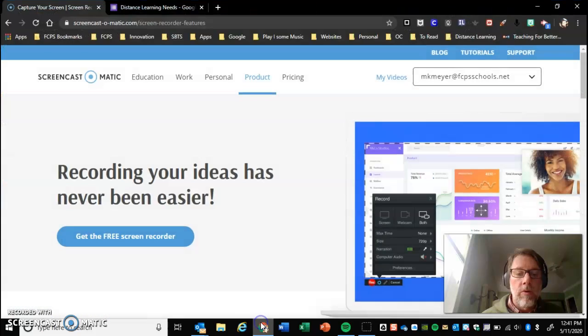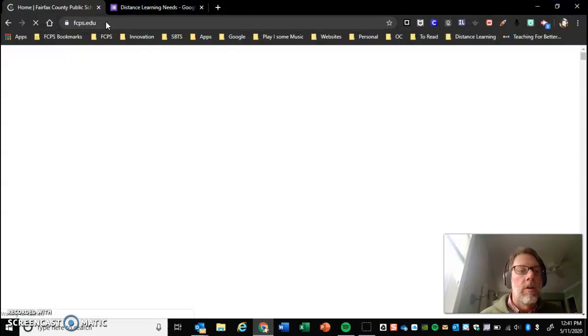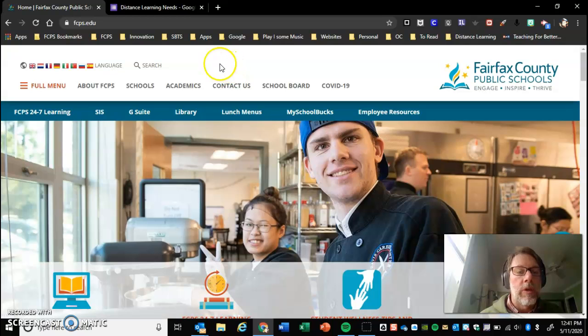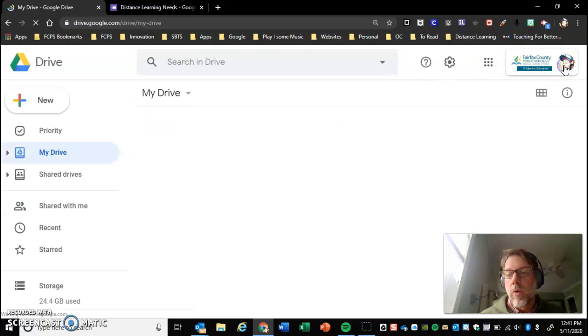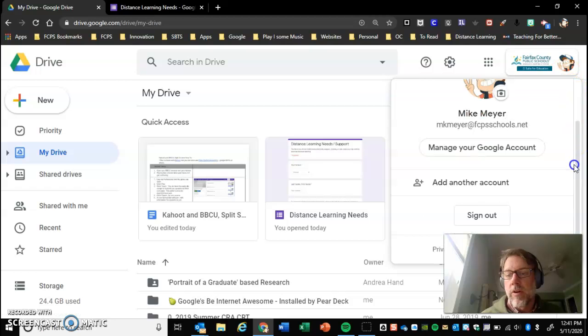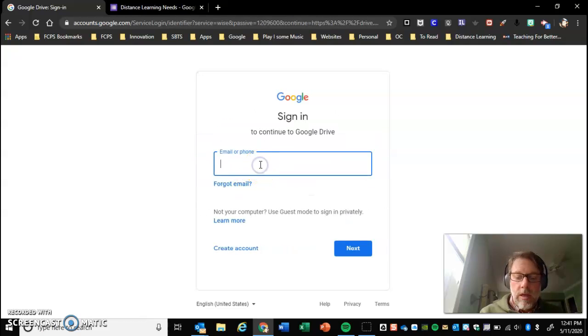So first thing we need to do is go to our Gmail, so we can get to our Gmail student through G Suite. So go to fcps.edu. You can click right here to the G Suite. This will ask you to log into your G Suite. If you're not already logged in, it might take you to something like this. If you don't see your account here, you can just say use another account, and you're going to type in